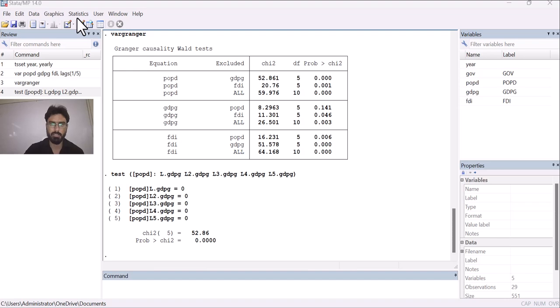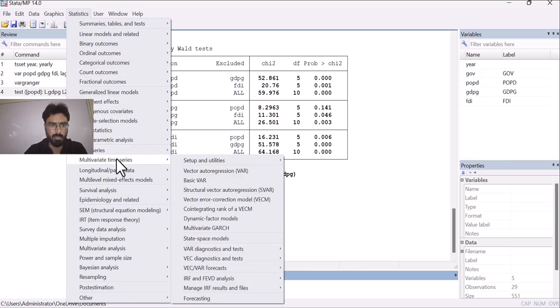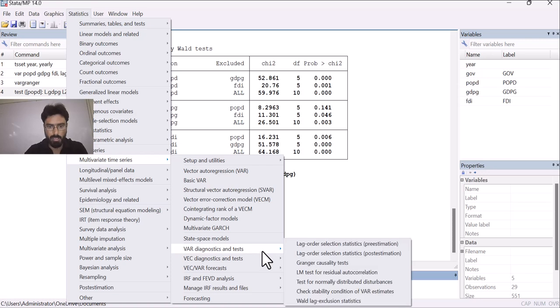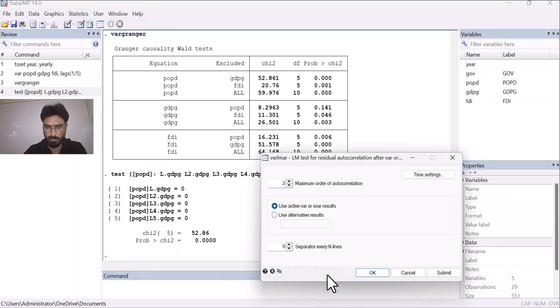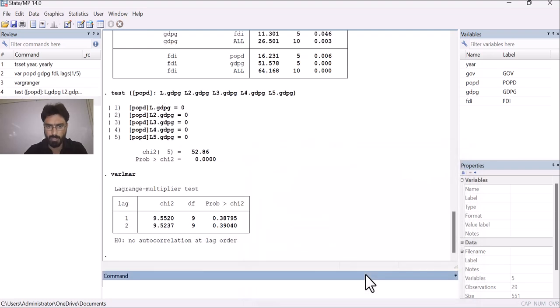So for residual diagnostic testing, go to statistics, go to multivariate time series, then go to VAR diagnostics and test, then go to LM test for residual autocorrelation. First of all, we see whether there is an issue of autocorrelation or not. Then simply click on OK.